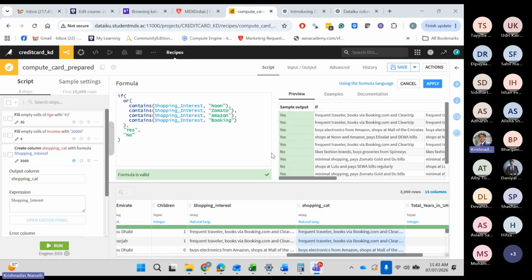I did mention it. First mention the column name.